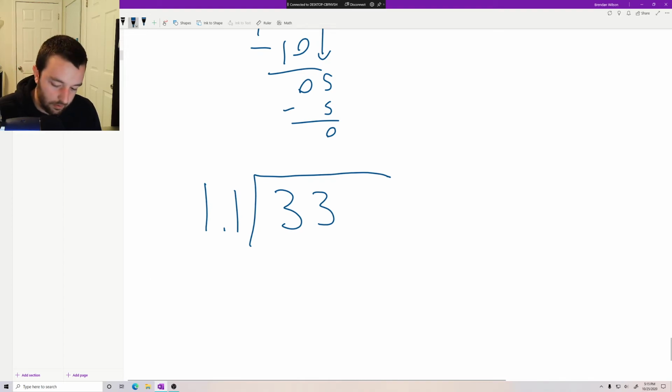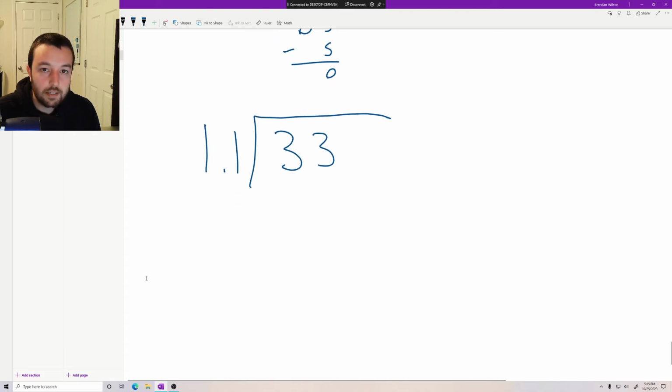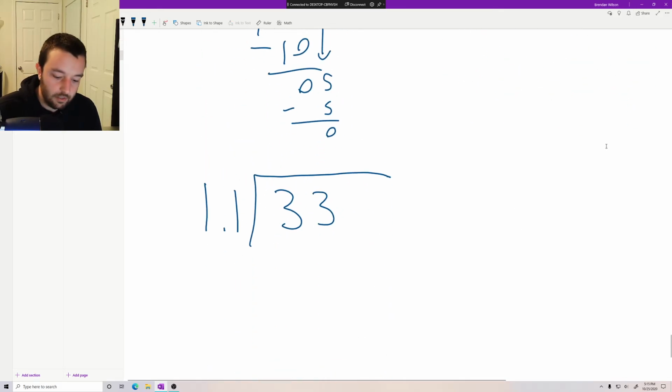So again, we just want to multiply both numbers by 10 essentially so that we can move the decimal place on this one, and then we don't have to deal with thinking about like 1.1 goes into this how many times. So you don't have to write it out like this every time. Instead, you can just go ahead and